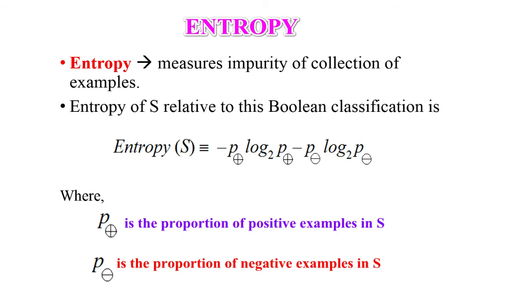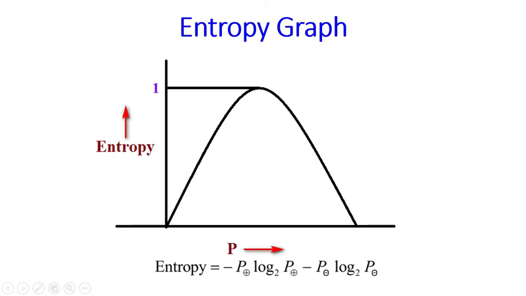Entropy can be greater than 1. It means that it has very high level of disorder. Entropy is measure of disorder or uncertainty, and the goal of machine learning models and data scientists in general is to reduce this uncertainty. In the graph, the x-axis measures the proportion of data points belonging to the positive class,